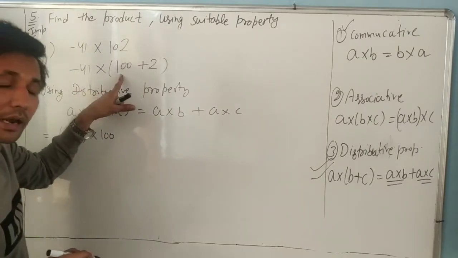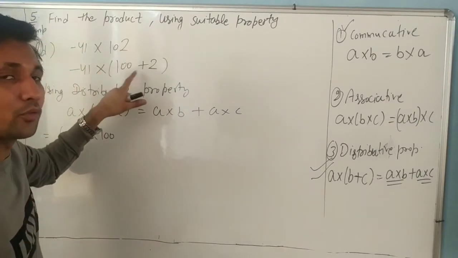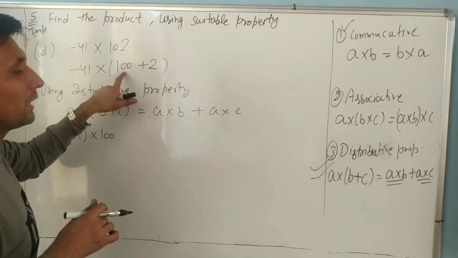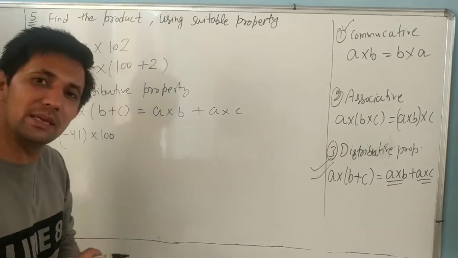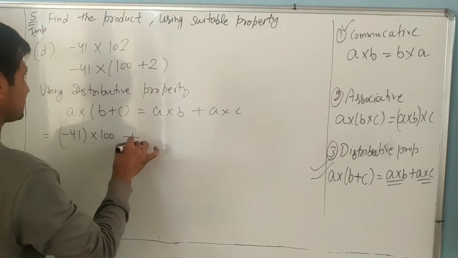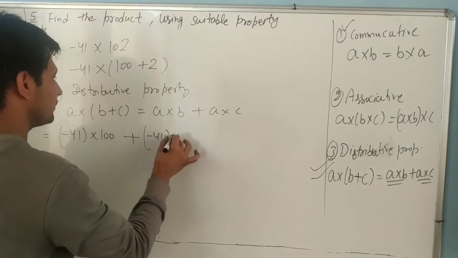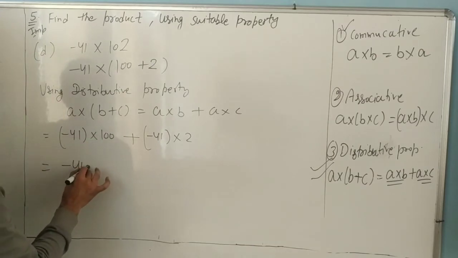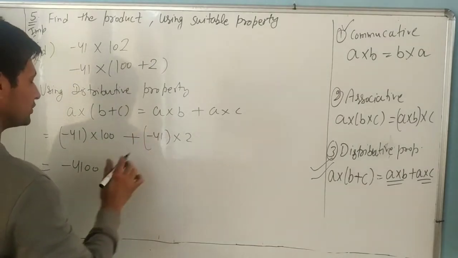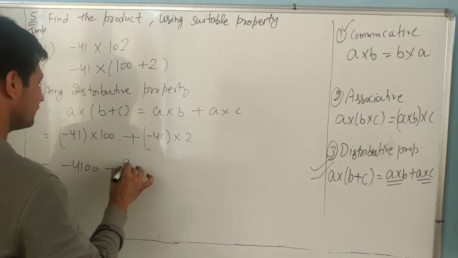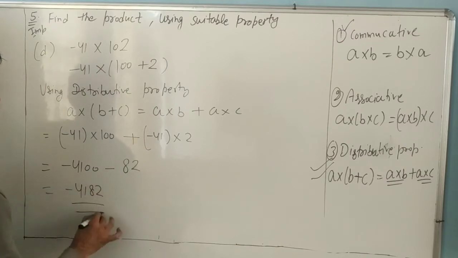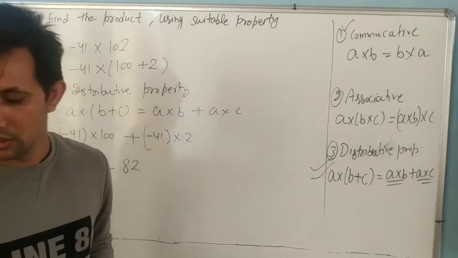Why are we writing the sum of a number as the sum of two numbers, where one number's unit digit is 0? Because if the unit digit is 0, it's very simple to multiply. Plus minus 41 into 2. Now, dear, negative into positive is negative. It is 82. Now 148. Understand, dear? It is easy or not? So, by using the distributive property.